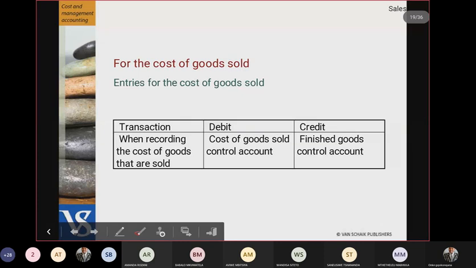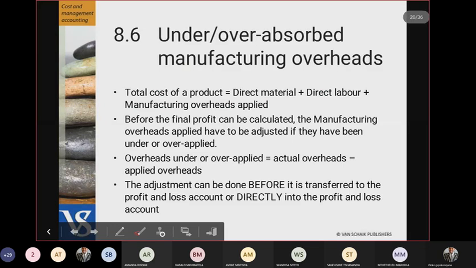You know how to do that. And also for the cost of sales, because remember, in your finished goods account you've got the value of what we've completed. So you need to reduce it once you've made the sales. Hence we debit the cost of sales and we credit the finished goods account with the cost of the goods. Remember we said that when it comes to manufacturing overheads, we didn't allocate